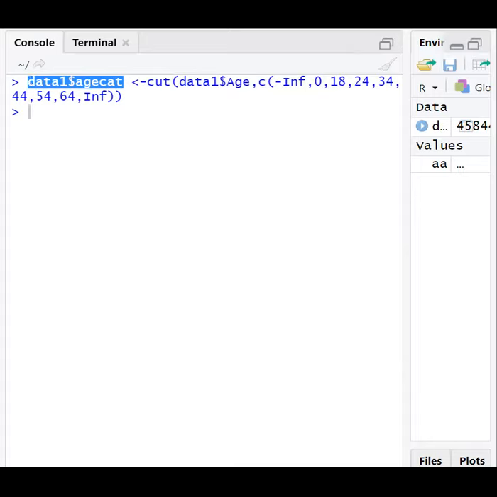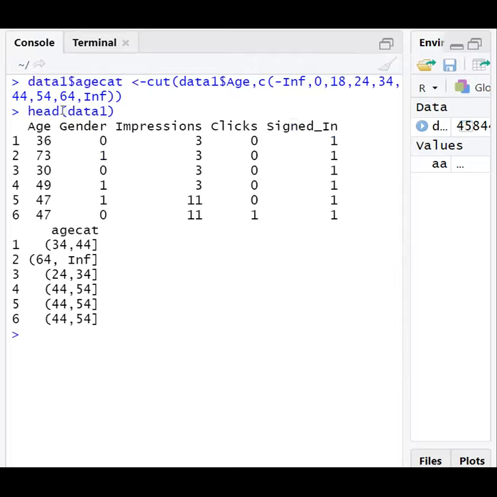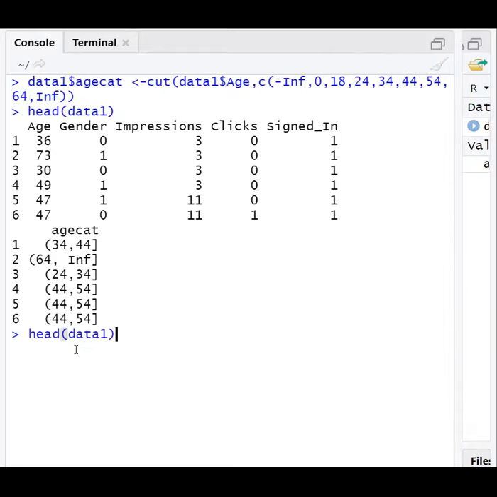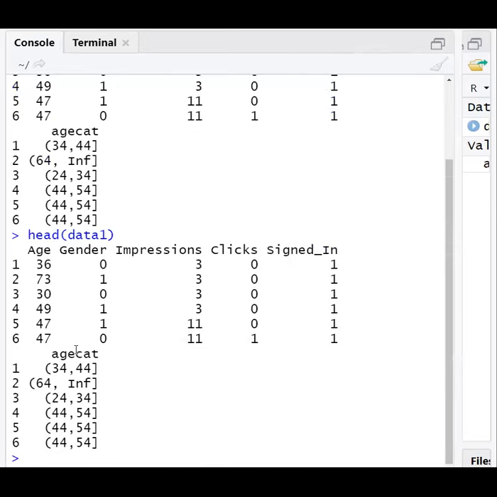Now, if we still want, we can print the head. Just look at the data now. What has happened is: age, gender, impression, clicked, signed in, and another one is added, that is the age category. See, look at the age. First entry, age is 36.